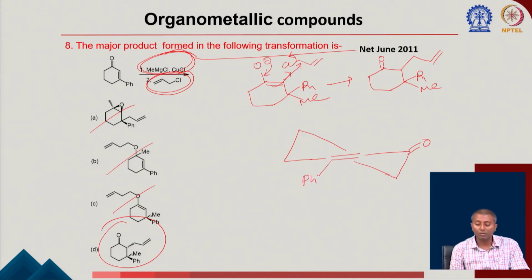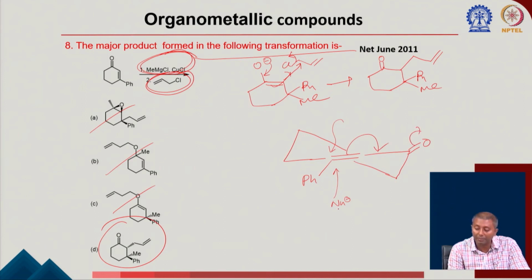In the plane. Now the question comes that once you have a nucleophile, the nucleophile is going to approach from either this phase or this phase. Wherever it is going to approach, it is going to approach the opposite side of the phenyl, of course, because of the steric. So that means if phenyl is up, then it is going to approach from the bottom phase. The nucleophile comes, and then there will be a minus.